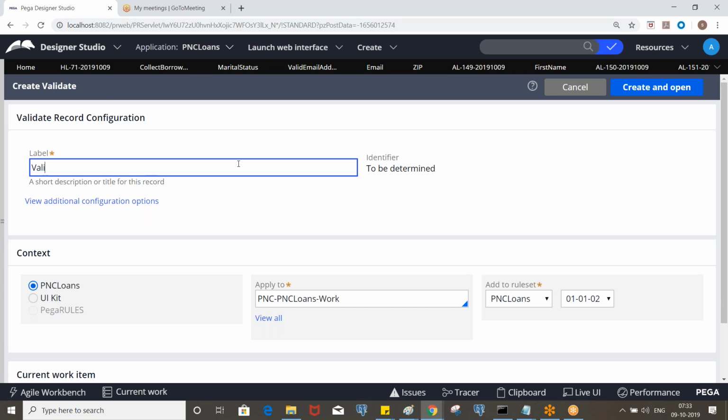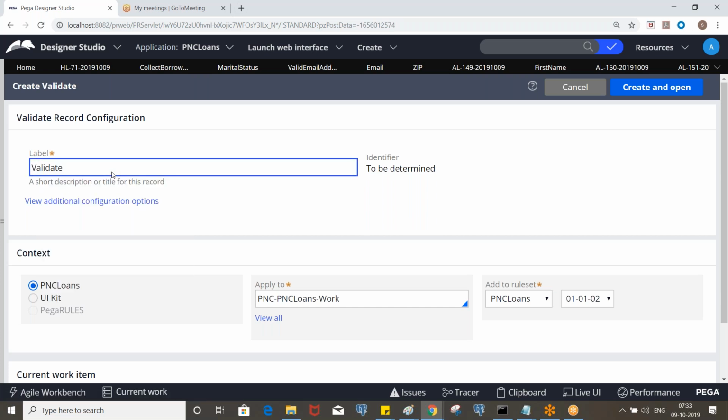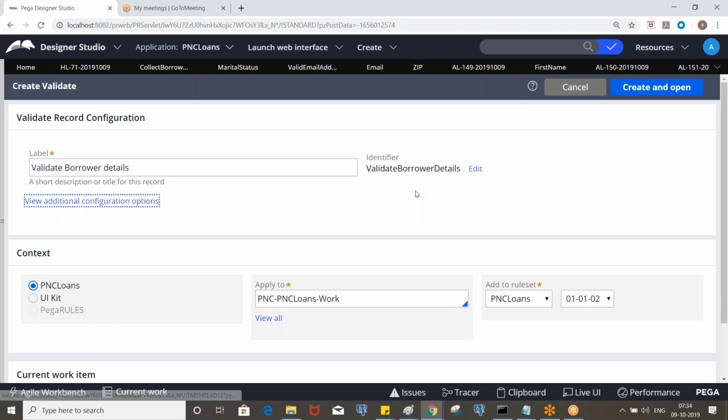So here also we have some validation rule. Whenever you put a label with spaces and click on tab out, what is happening? Spaces are getting removed automatically, right?